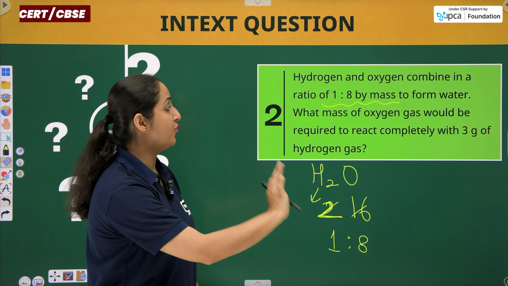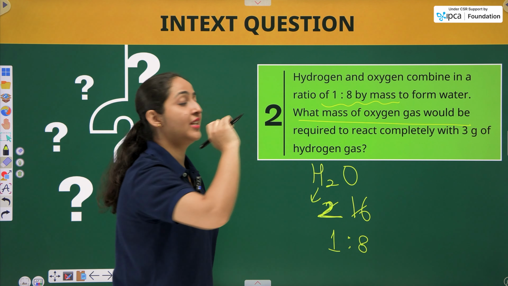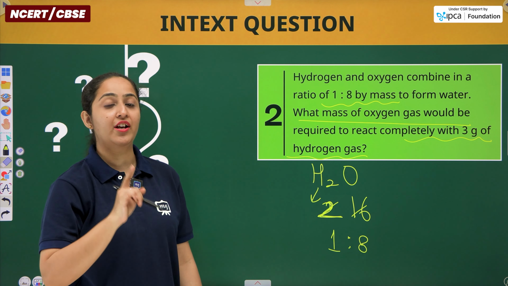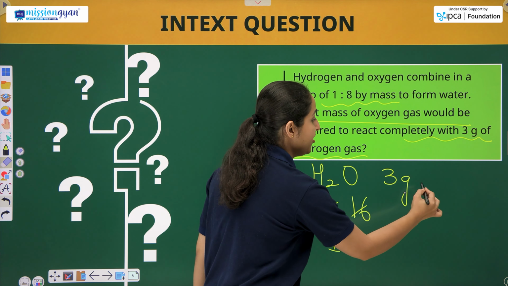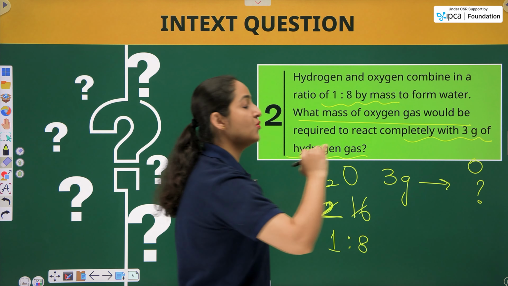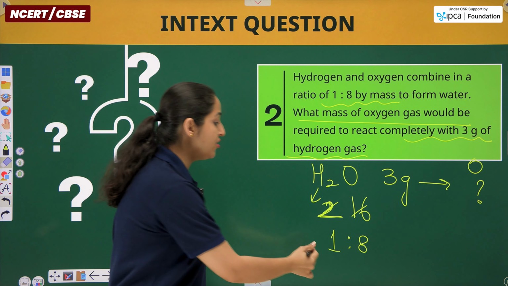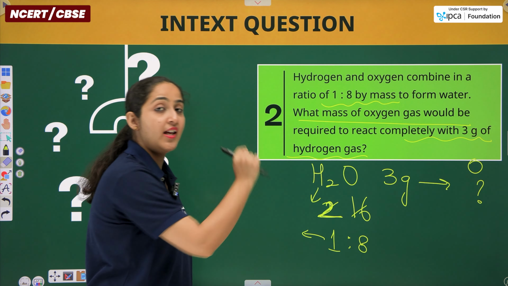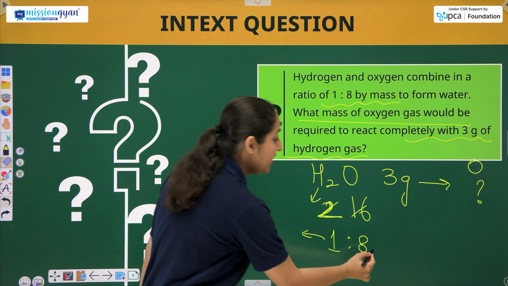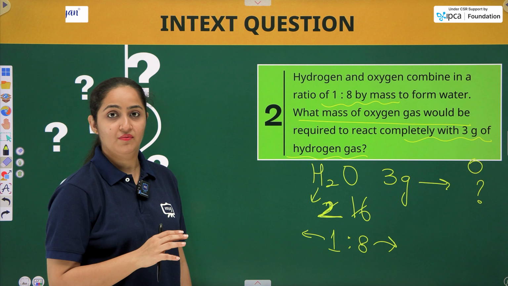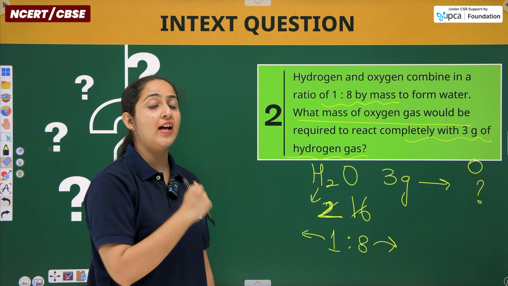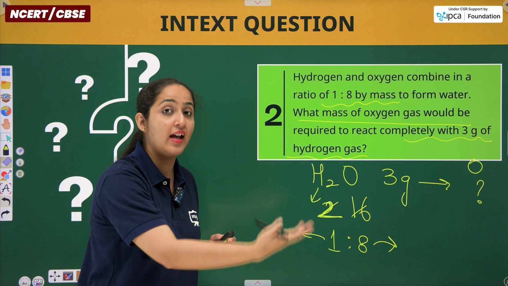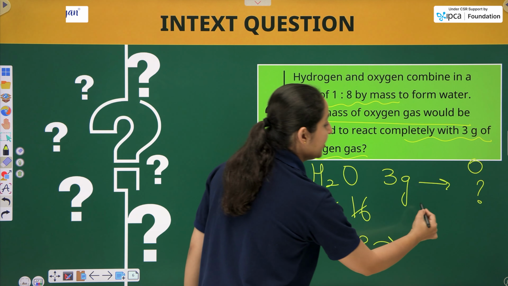Alright, so अब आपसे क्या पूछा है? What is the mass of oxygen gas which would be required to react completely with 3 gram of hydrogen gas? So if you are taking 3 gram of hydrogen gas, how much oxygen gas would be needed? Alright, so as I told you students, 1:8 mass का ratio क्या मतलब होता है कि if you are taking 1 gram of hydrogen, you need 8 gram of oxygen. Alright, मतलब आप 8 times ऑक्सीजन ज्यादा ले रहे हैं. जो ऑक्सीजन का मास है वाटर में वो हाइड्रोजन के कंपैरिजन में 8 times ज्यादा है. तो इसका मतलब ये जब आप 3 grams ले रहे हैं तो कितना होगा?